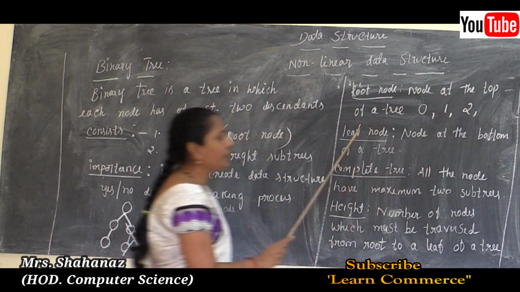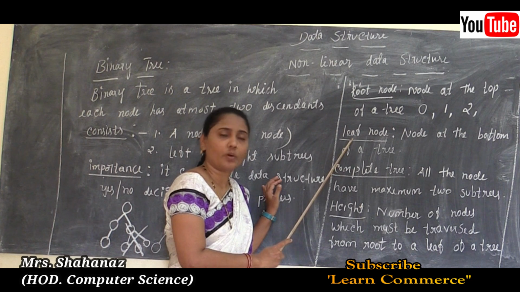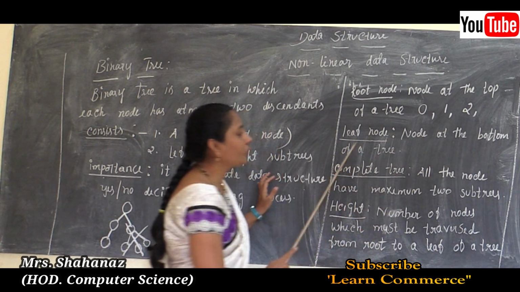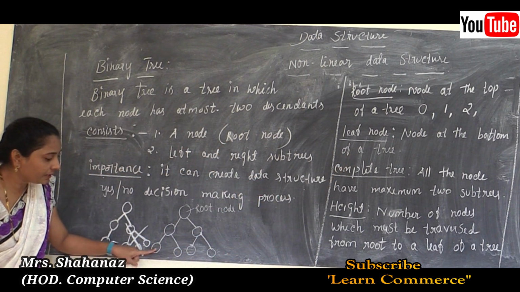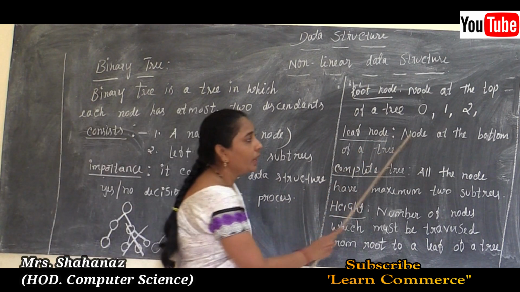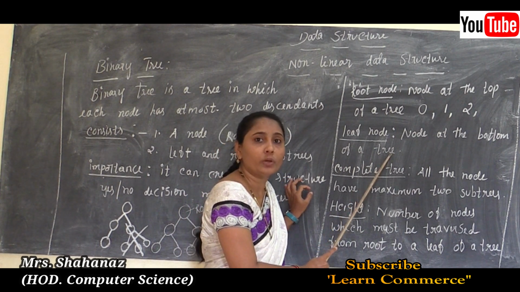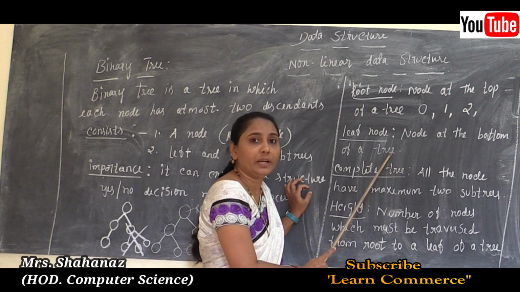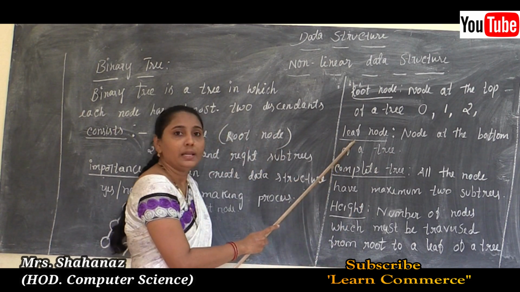Okay, and later the next one is the leaf node. I have already said in our tree structures what the meaning of the leaf node is. So it is the node at the bottom of a tree in this case. This is the example of our leaf node. That means a node at the bottom of a tree, or simply we can say that the leaf node has no children. Okay, the leaf node does not contain any children in this case. So this is called the leaf node.